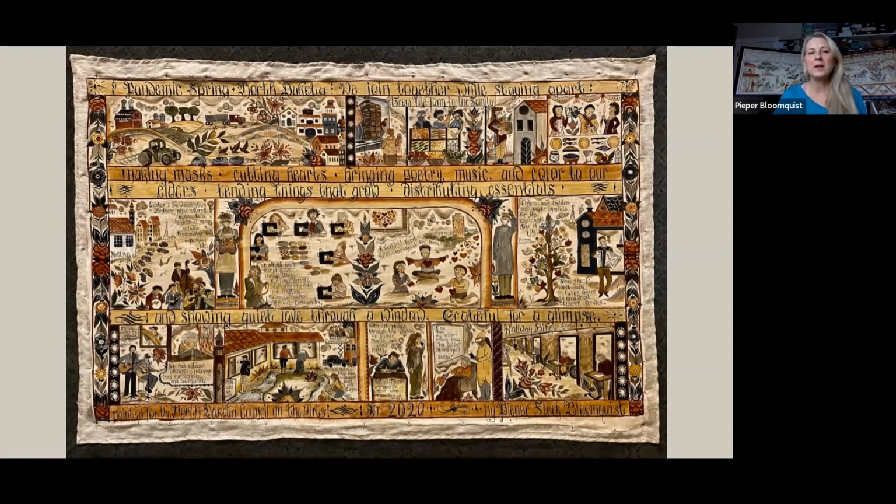The panel across the top pretty much just displays the USDA food box program, where the hospitality industry was hit so bad that I think they were taking trucks and bringing food from farms to redistribution sites and then distributing those to families. The center panel, I have artists and musicians on both the left and right that kind of